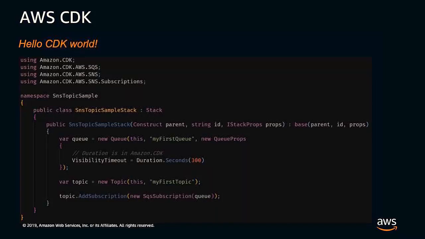And what those packages contain is something you'll hear a lot about, which is a construct. These constructs are a way of defining your infrastructure. And you can see here that when we're defining the queue, we're creating a new queue. Now it looks very much like just creating a class. This is really a construct that we're creating. Now it's one which is baked into one of the libraries that we provide. But I think the real cool thing about the CDK is that if you want, you can start to